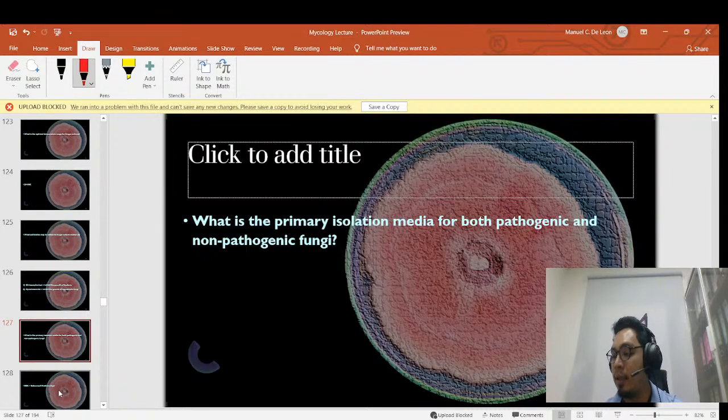So we don't make our own culture media here in our hospital because the standards are different than in many other countries. I think in the Philippines the standards are not as strict when it comes to making culture media, but in countries such as those in the Middle East, they would usually require another person on duty just to make culture media and another one to process clinical samples.